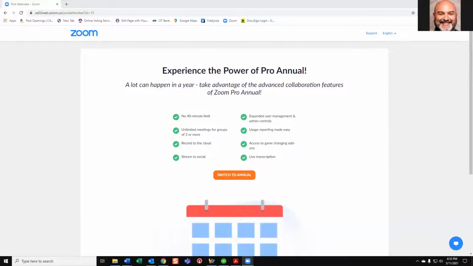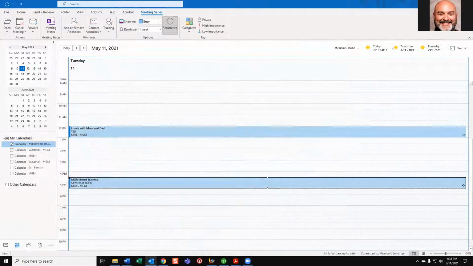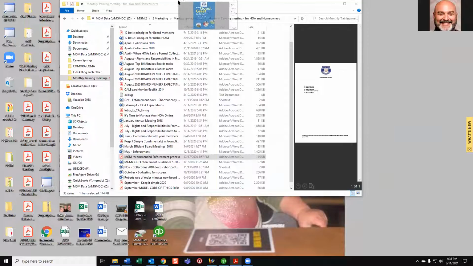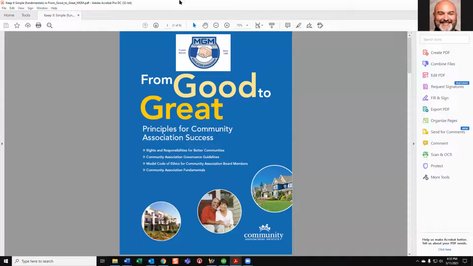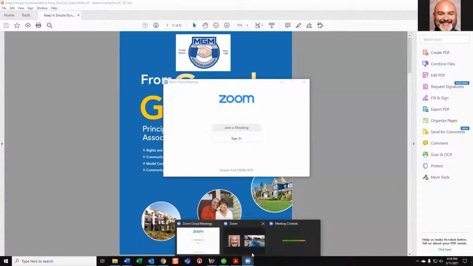One of the things I want to bring up on the screen is a document called Good to Great. This is a document provided by CAI. I have it on the wrong screen. There we go. This is a document provided by CAI that talks about how to help associations